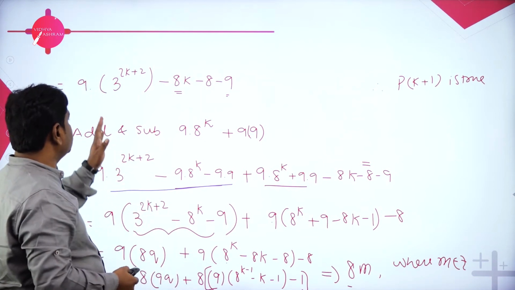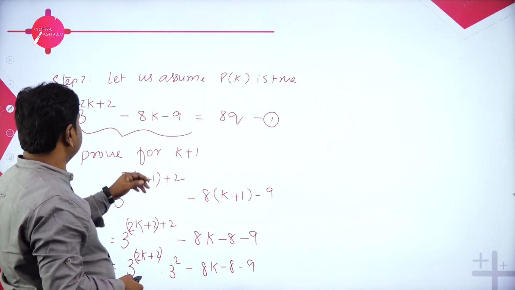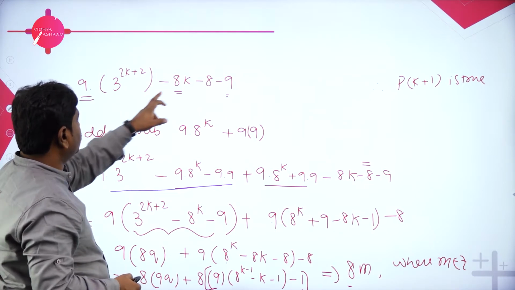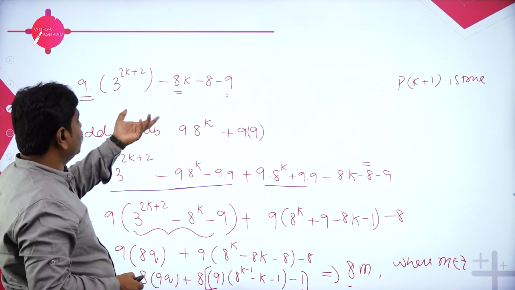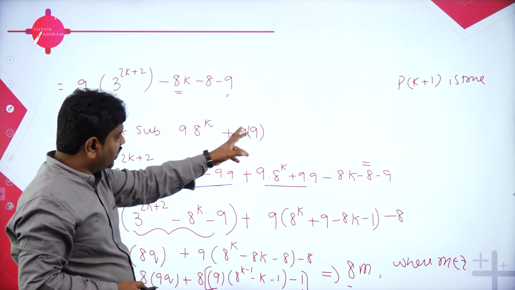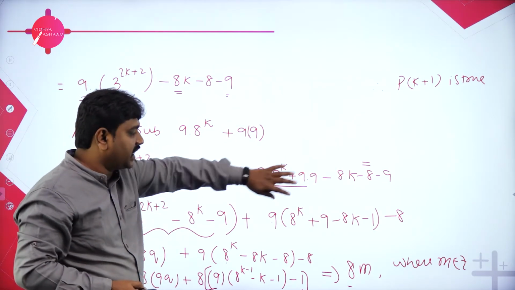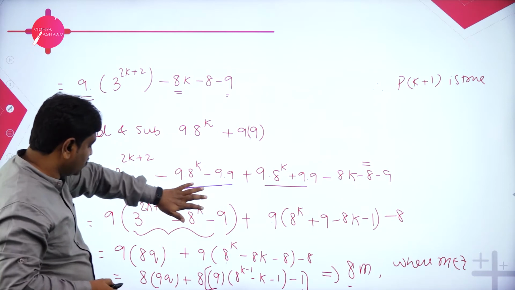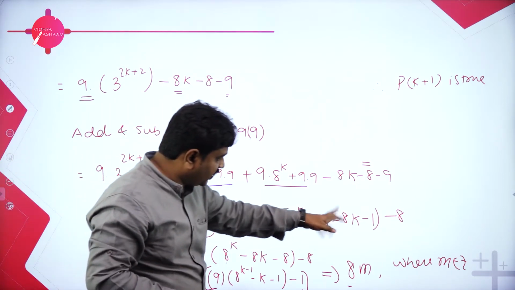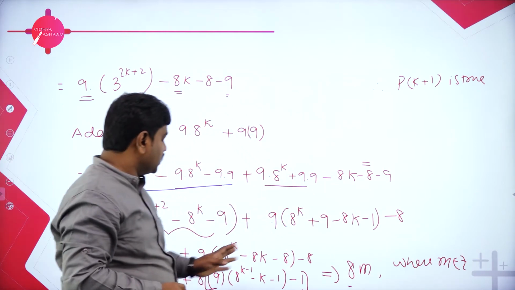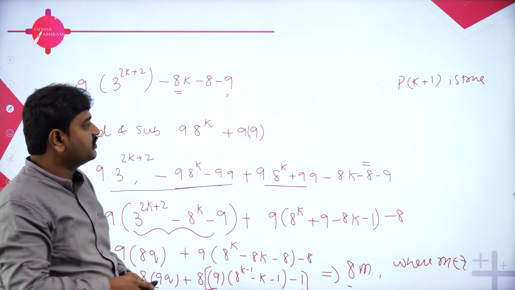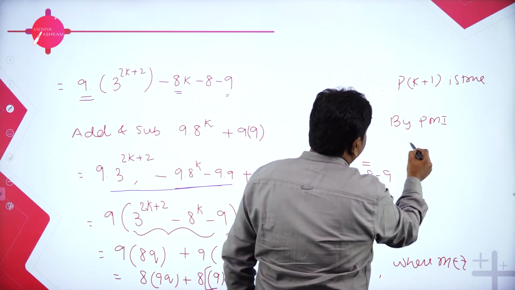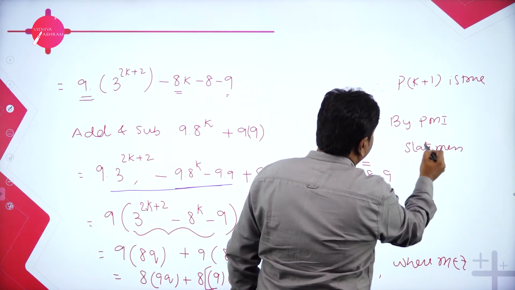Very interesting part is, after you get this stage, in this equation I saw I want minus 8k minus 9, but this is having quotient 9. But these two do not have a quotient 9. So what I will do, I will introduce a term with 9 times 8 power k, 9 into 9, add and subtract. First I subtracted, then I added. From the subtracted part I took 9 out. This is multiple of 9. This whole thing is a multiple of 8, and every term is divisible by 8. Sum of two numbers divisible by 8 means the whole equation is divisible by 8. So P of k plus 1 is true. Therefore by PMI, principle of mathematical induction, statement P of n is true.